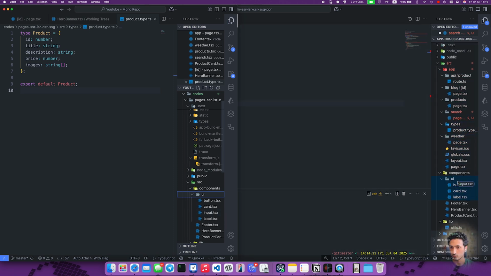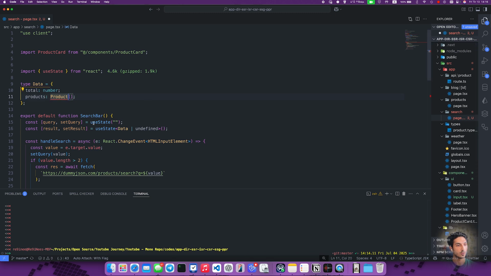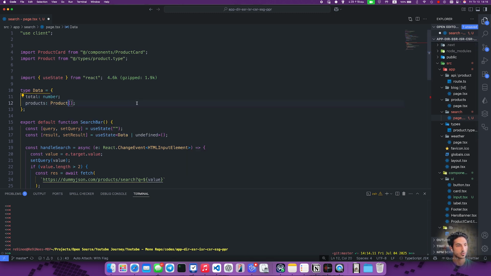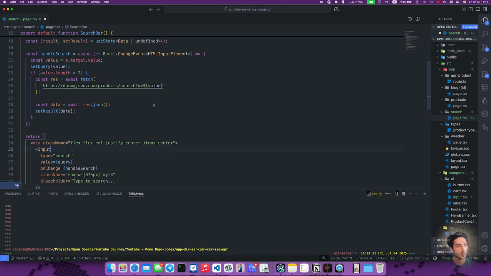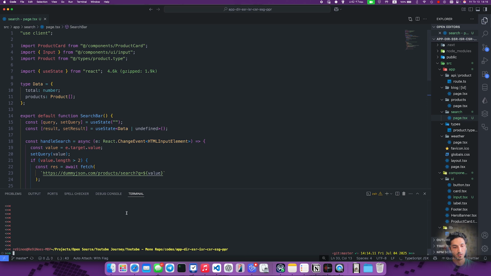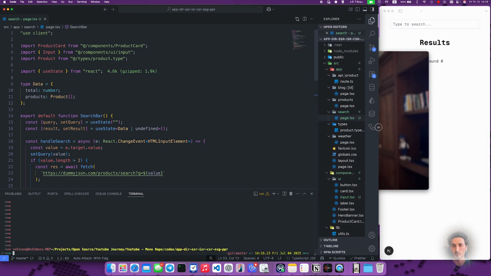Source component UI input. Alright. Now I want to import type Product and an input from shadcn. Okay, let's hit save, and if we run this,